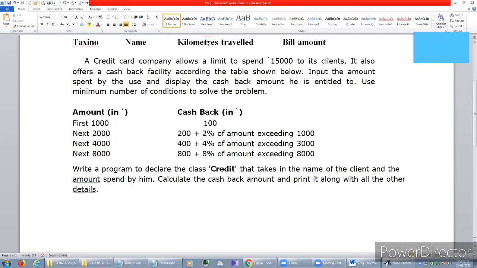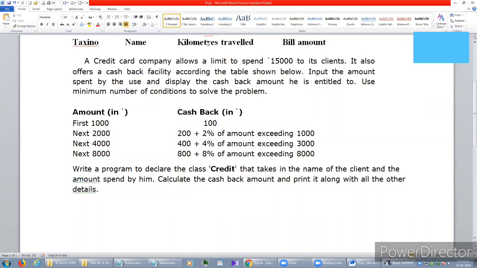First, 1,000. That means if you spend 1,000 rupees, then cashback is 100.